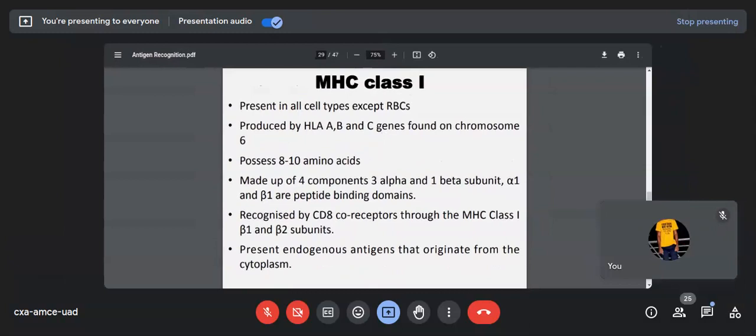So on the first part you find the coding of MHC class 3, the one I talked about. On number 2, you find the coding of MHC class 2. On number 3, you would find the coding of MHC class 1. So for MHC class 1, the coding is designated or named as HLA. HLA stands for